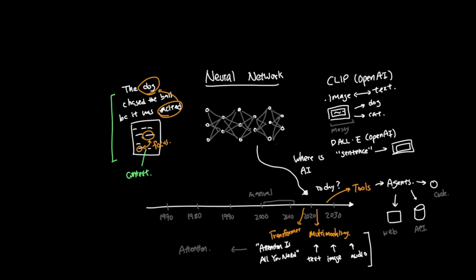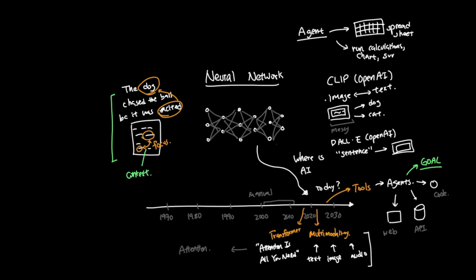An agent is a system where a model can work toward a goal, choose actions, use tools, observe the results, and continue. For example, instead of saying, "here is what you might analyze from this spreadsheet," an agent-like system might actually open the spreadsheet, run calculations, make a chart, and summarize the result. This does not mean that the model is magically intelligent in a human-like way. It means the model is being placed in a much larger system where the prediction can trigger actions. That is why tools matter.